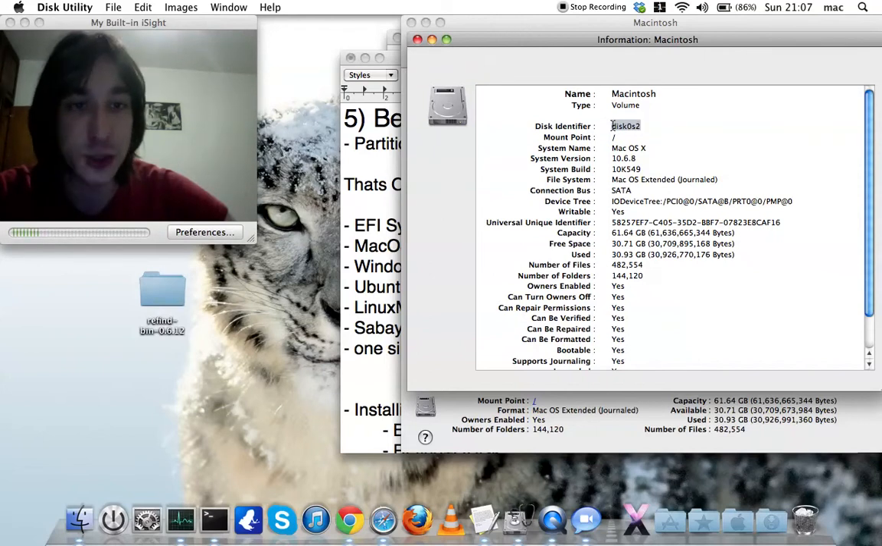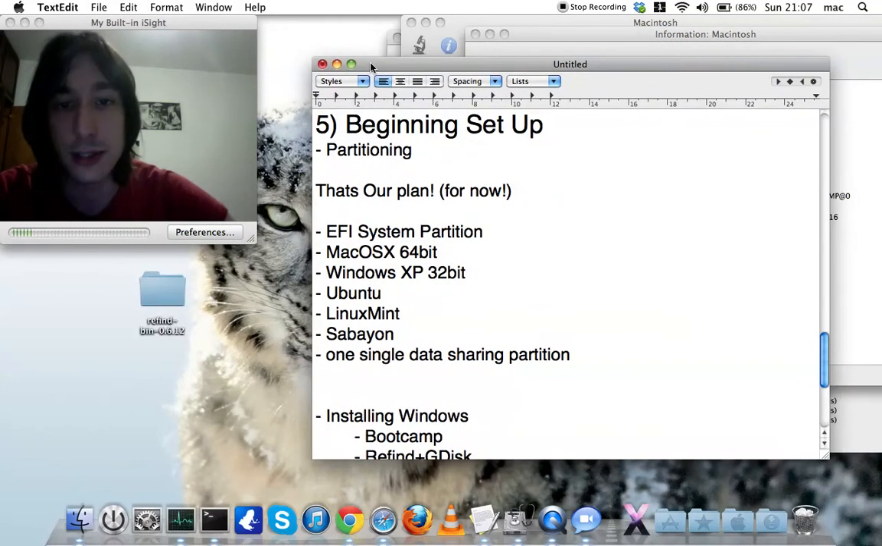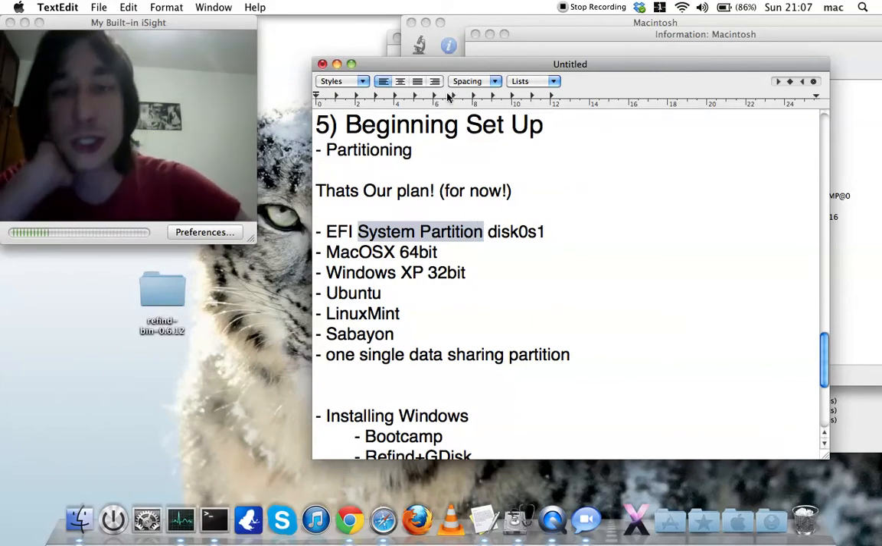0s2, partition 2, right? So where is partition 1? I ask you. Well, partition 1, also known as disk 0s1, okay, is your EFI system partition. So your EFI system partition is something